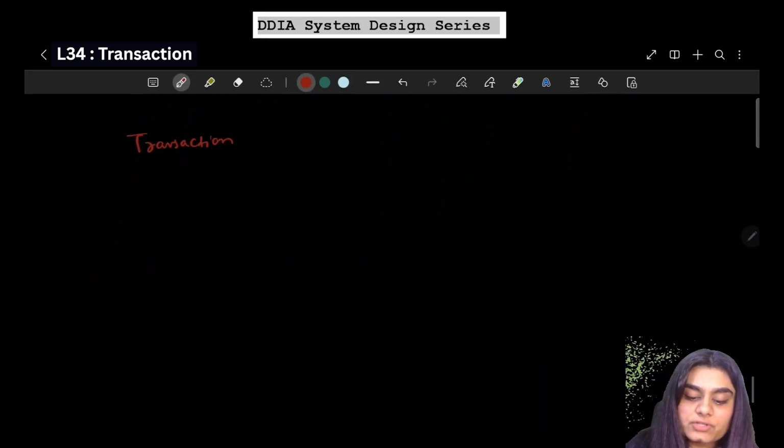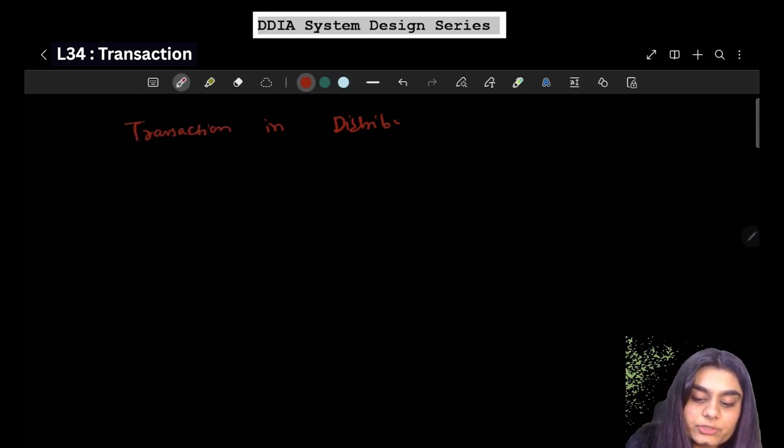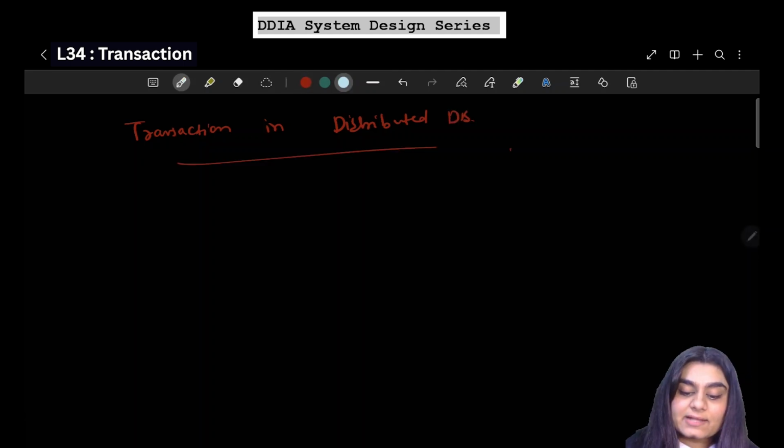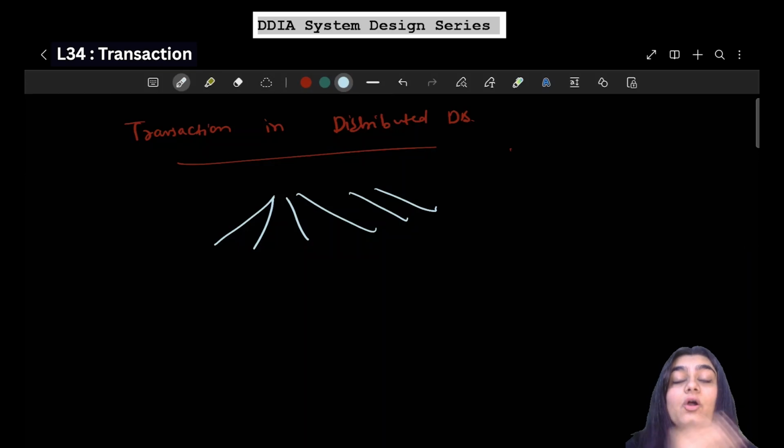Okay, now let's talk about transactions in a distributed database. When a transaction needs to span multiple nodes, say you have a database cluster or a sharded database where different pieces of data reside on different servers, maintaining ACID becomes more complex. This is because now the system needs to ensure that all the nodes involved agree on the transaction outcome, and do so in the presence of communication delays or failures. One common algorithm for this is 2PC, or